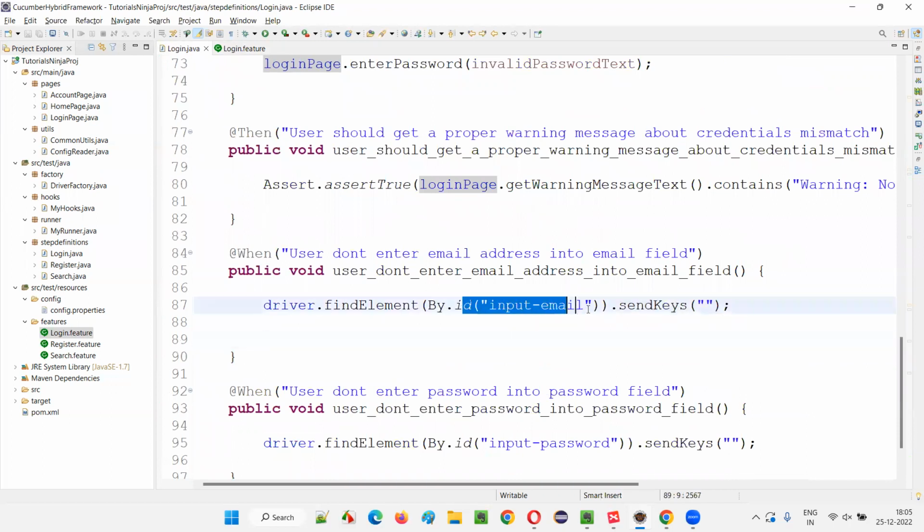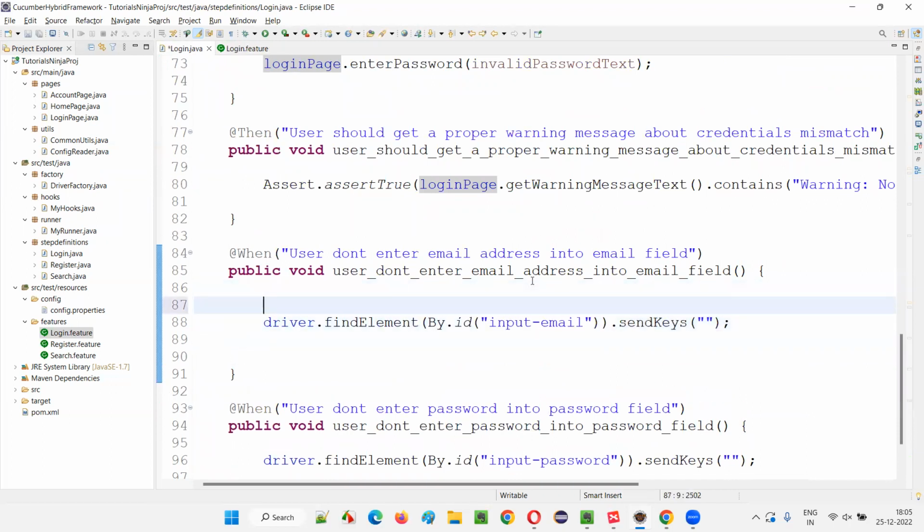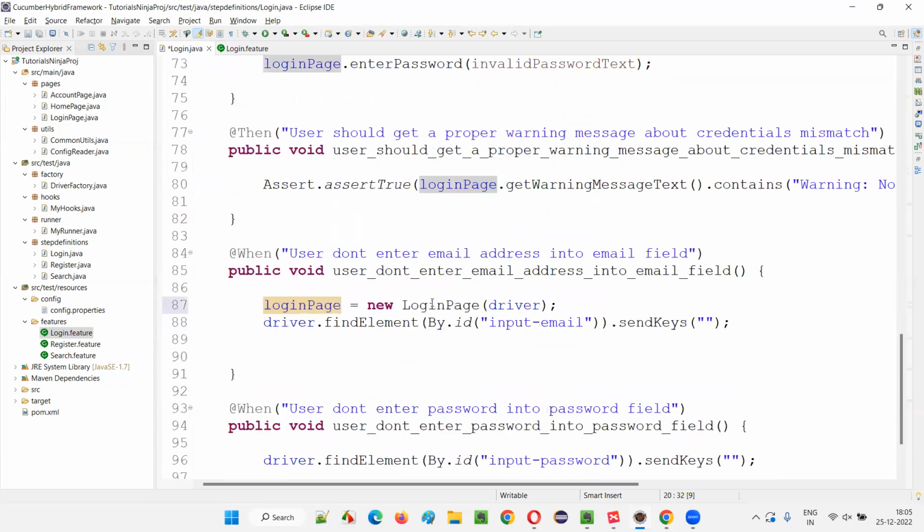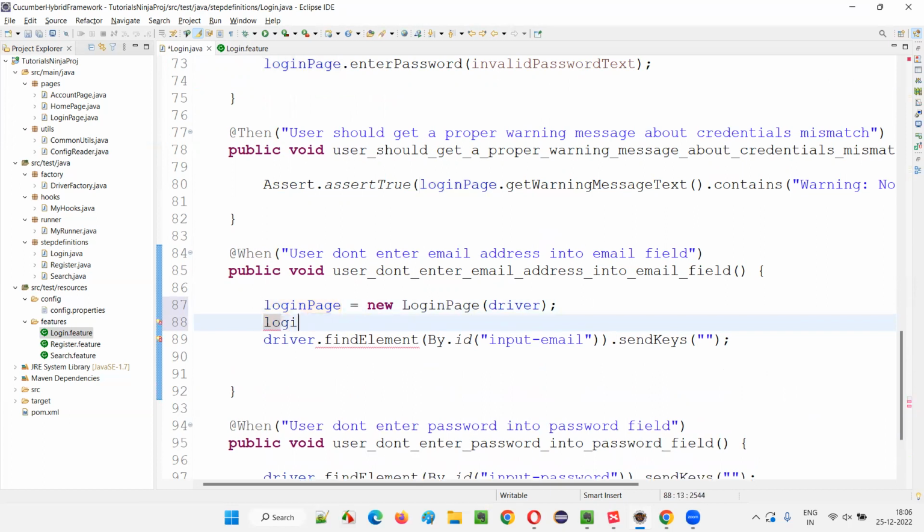Okay, this locator hard coding is not removed. So what we'll do is remove this hard coding, this element is available on the login page. So create an object for the login page. Login page is equal to new login page. So the login page is on the top. So that to that we are saying login page is a new login page and simply write down login page dot